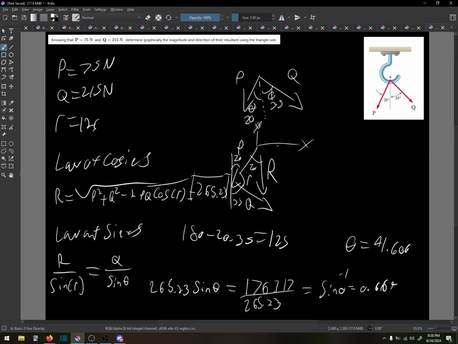So from x, the resultant is 90 degrees lower, so we do 90 minus 41.6, which gives us an angle of 48.39, plus 20. So we have this angle, 20 plus, which gives us a final theta of